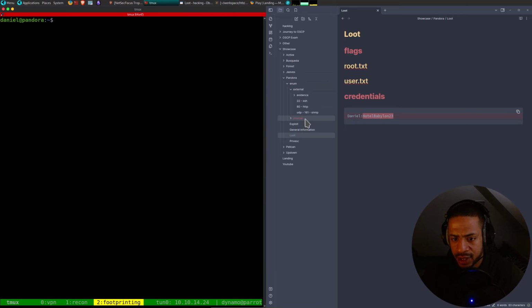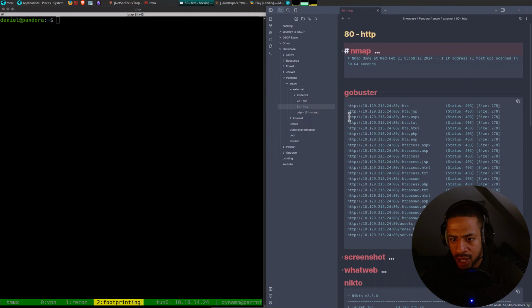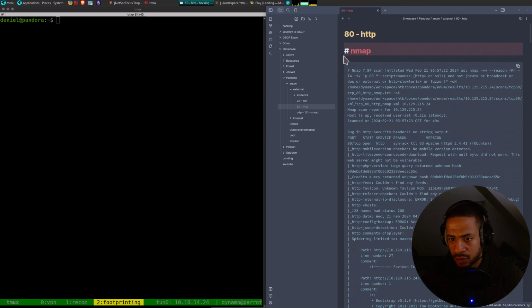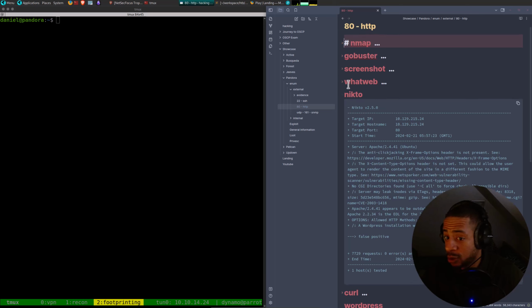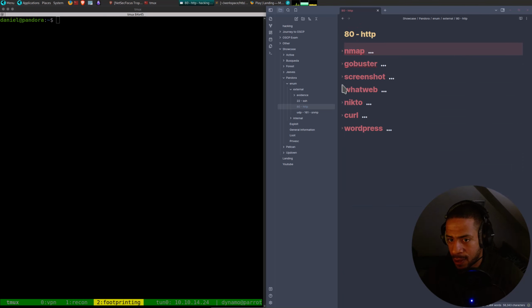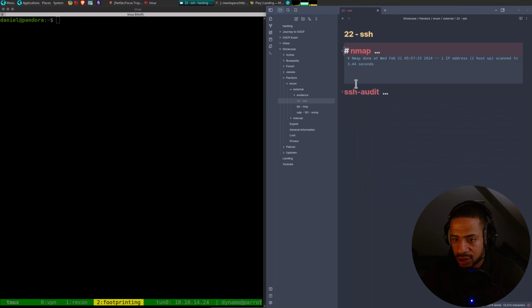Okay. For that, let's take some notes. So HTTP, we didn't really have anything, and we ignored the input box in the end. So, static page, nothing really interesting at first glance. SSH, usually not the entry vector, and then SNMP.